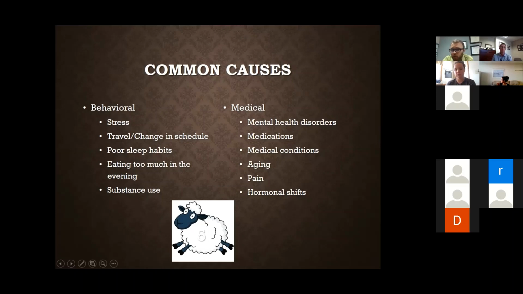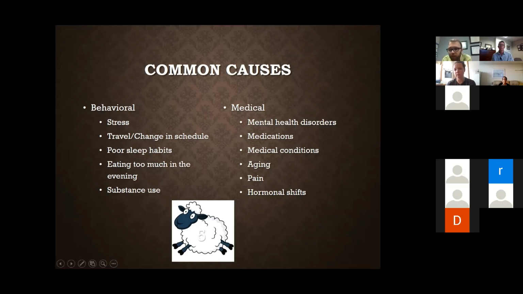Changes in schedule, third shift. In fact, I just got done talking to a warm handoff that Dr. Shanady and I had. He works second shift, and so right now is when he would be asleep. He mentioned that it's really difficult to manage things because he has to have a doctor's appointment in the middle of when he would be sleeping.